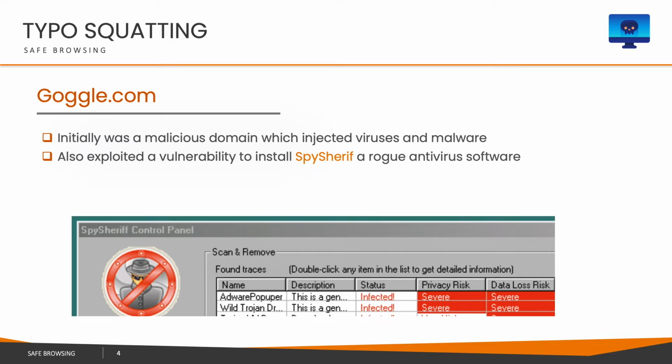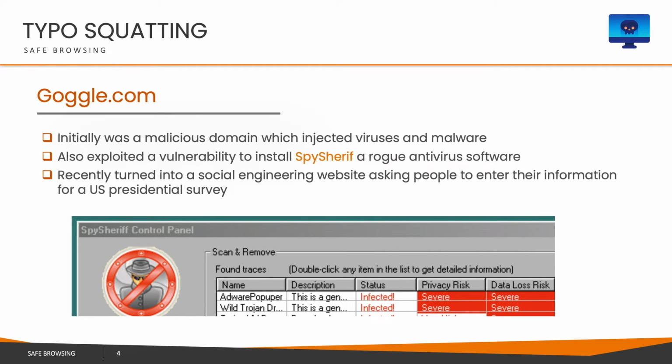Obviously, it was a bait, and basically Spy Sheriff was actually malware which would exfiltrate a lot of information out of the user's system to a remote server, and it was actually pretty bad. More recently, they've changed their modus operandi. Instead of trying to install Spy Sheriff, what they now do is leverage social engineering techniques,